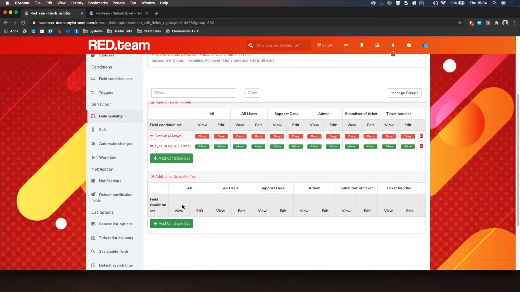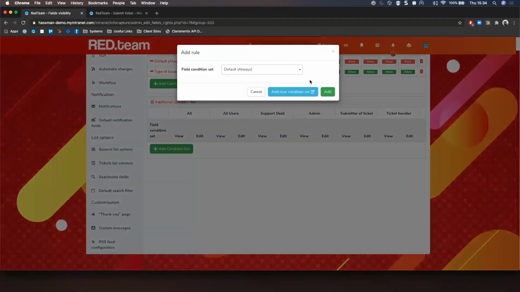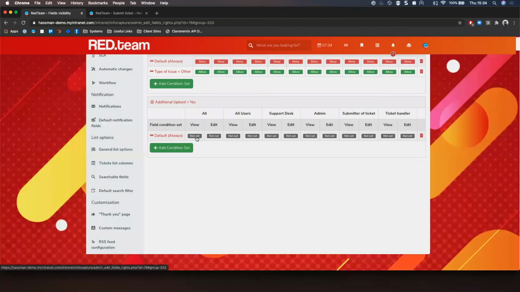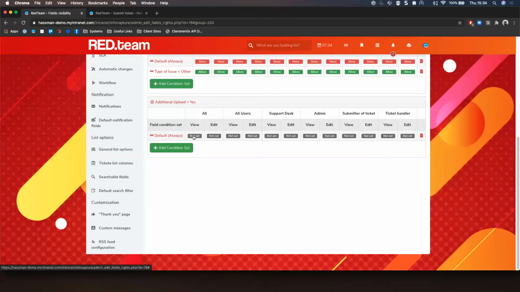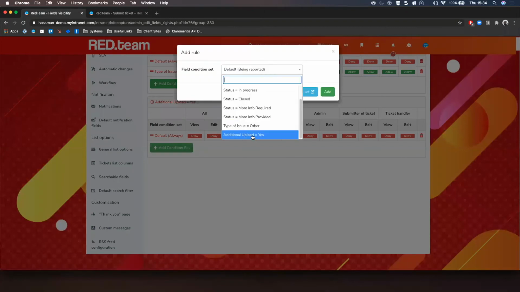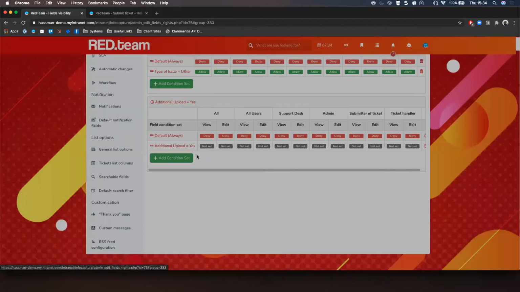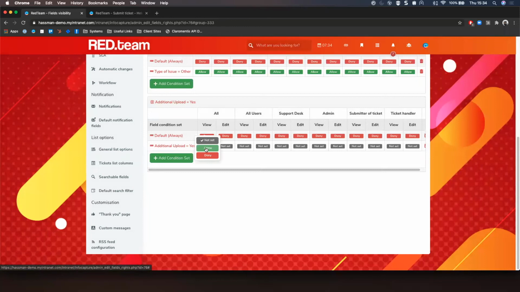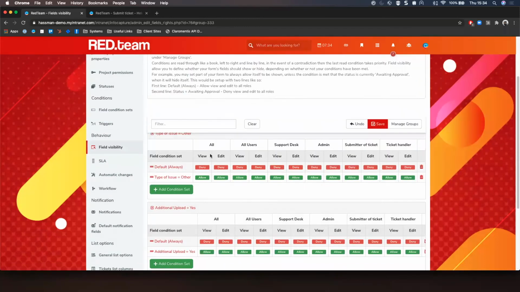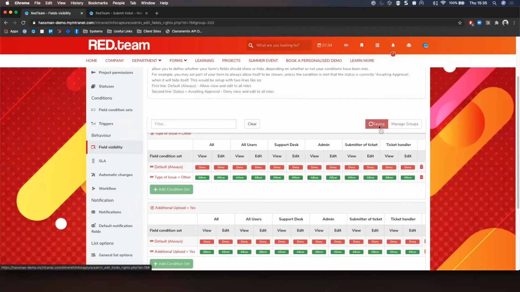And then of course, with the additional upload in this circumstance, this is going to be very much the same. I'm going to say default always. We're going to use the all option just to speed up the process, but we're going to say that no one can view and no one can edit this field as a standard. However, once someone has selected the additional upload equals yes, condition set, or tick that checkbox basically, we will now allow them to be able to view and edit the field appropriately. And again, if I hit save,